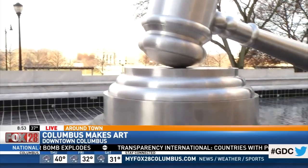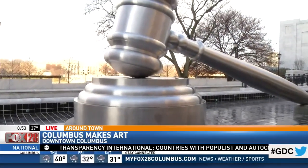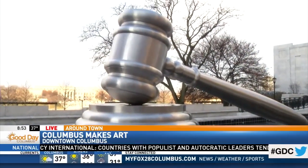It was paid for by a grant by the State Bar Association. And what is it made of? I mean, I'm saying metal. Stainless steel with a concrete base. Wow. And then on the other side of the Supreme Court building, there's a piece by Malcolm Cochran called